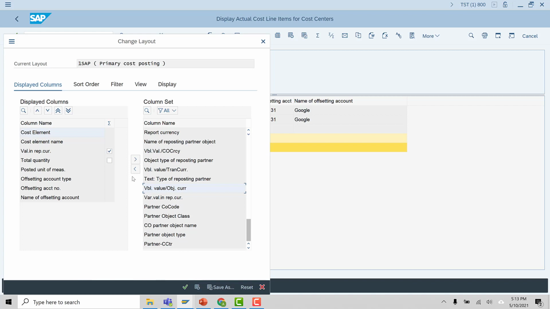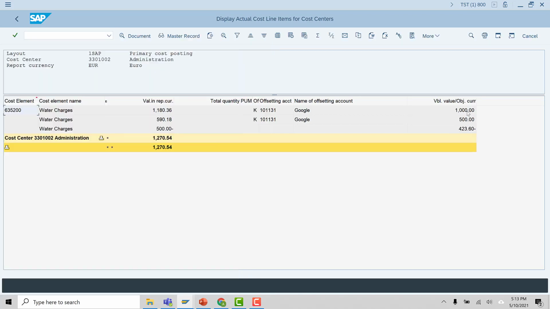So this is the object currency. Okay, because this was a controlling area transaction, the transaction of 500 was made in controlling area, we removed 500 euro, not 500 US dollar.